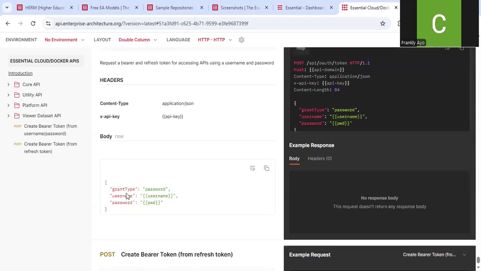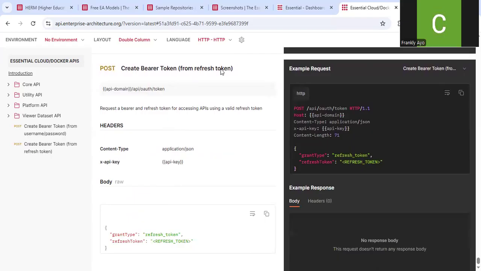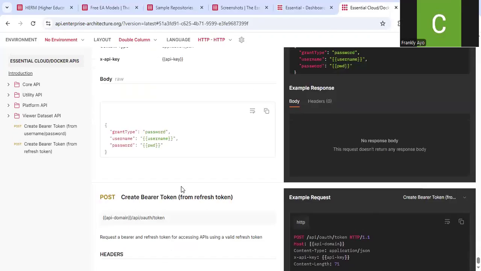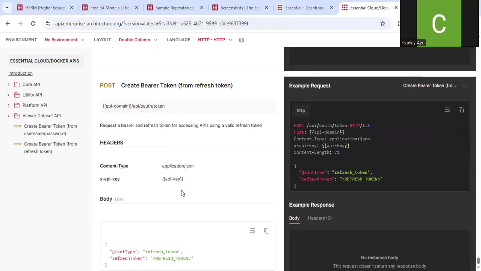So you can see what I did over here. And you can see how you can do it from the refresh token. So this is the URL, API key, and grant type should be refresh token. Then you apply the refresh token that you got as well. Okay, so you can use any of these two to be able to get